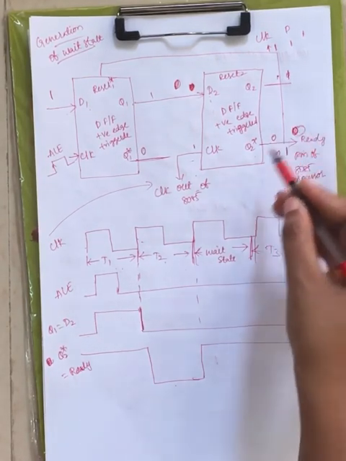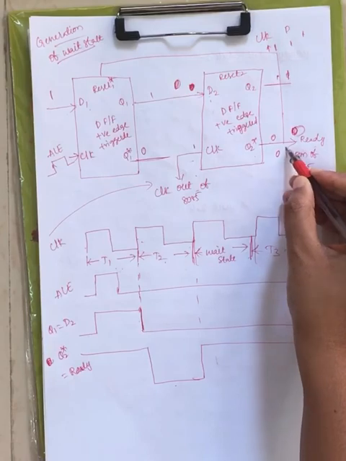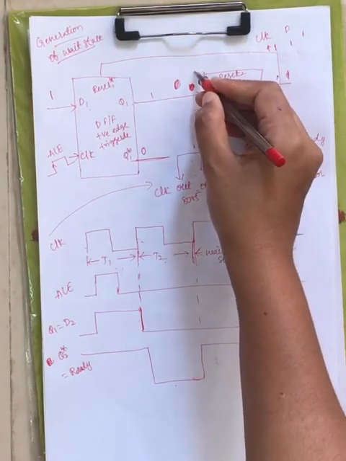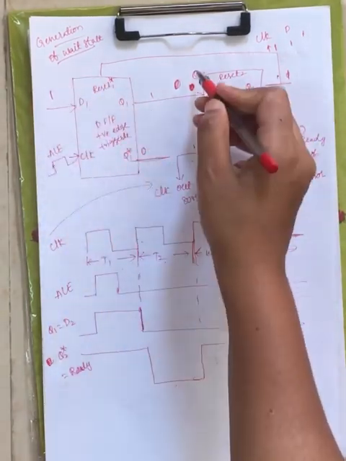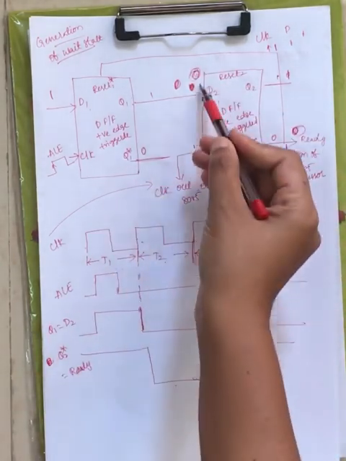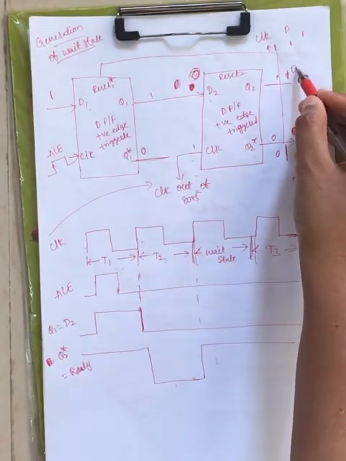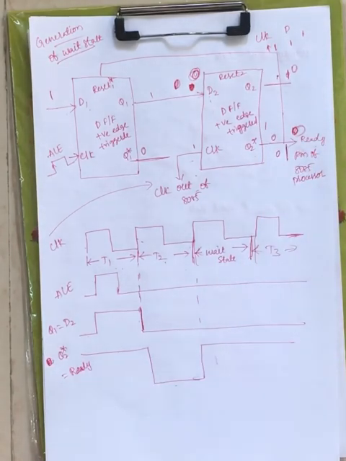Now in order to operate the microprocessor, we have to make this ready pin 1. For that purpose we have to choose the value such that D2 is 0. When D2 is 0 and the clock signal is 0, here you will get 0 and here you will get 1. That is connected to the ready pin of 8085. Then it conveys to the microprocessor that the external peripheral is ready for data transfer. Now this is the brief description of memory wait state. In the next lecture we will see the interfacing of 8085 with timer and counter.